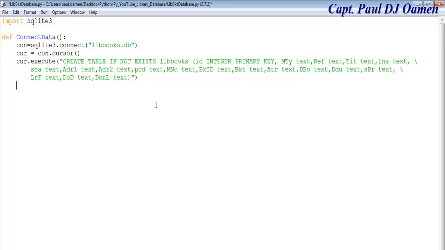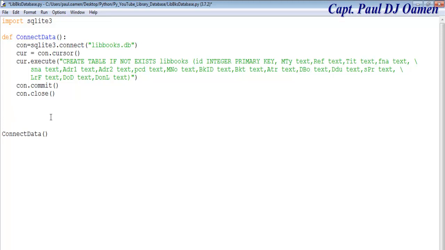So let's say connection dot commit, and we will now want to also dot close there. So that is to create my database. Now let's close this as well. Copy that and come right down here,